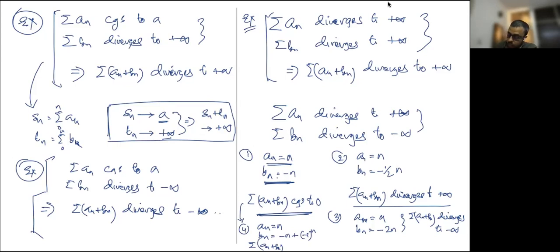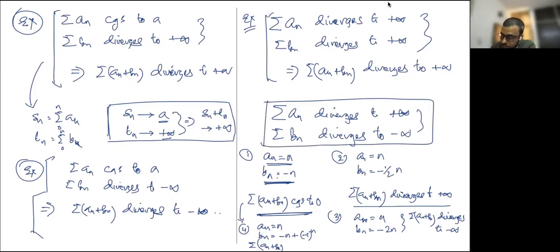So in this case, there's no definite conclusion possible. All kinds of things can happen to the sum of the two series. Okay. The other property,